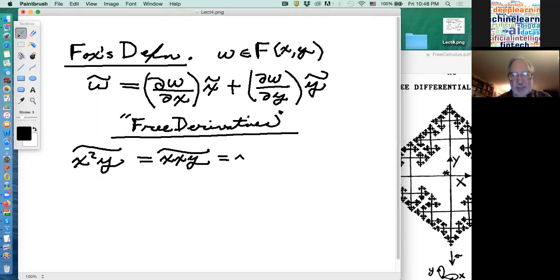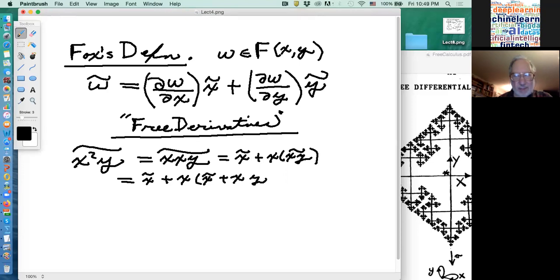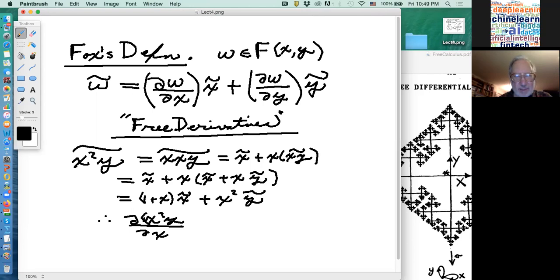We need the lift of this. The lift of this is x tilde plus x times the lift of xy, and that's equal to x tilde plus x times x tilde plus x times y tilde, and collect terms, and we get 1 plus x times x tilde plus x squared times y tilde, and therefore we just got that the derivative of x squared y with respect to x is equal to 1 plus x, and the derivative of x squared y with respect to y is equal to,